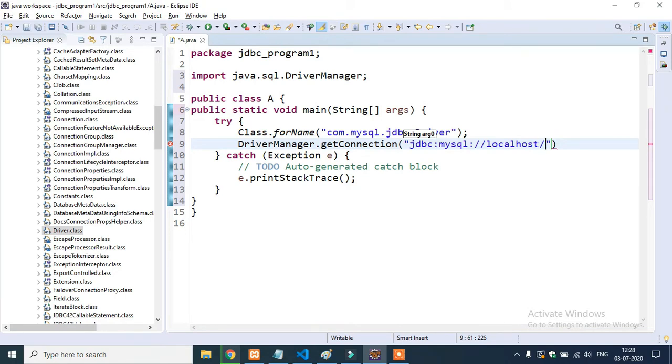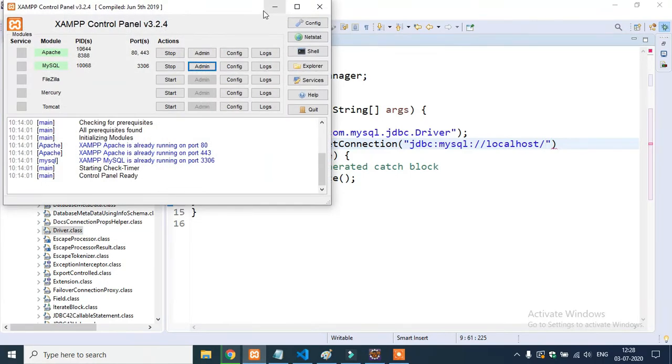And before writing this, I'm going to create a database manually, guys. You see, I've already launched this XAMPP control panel.